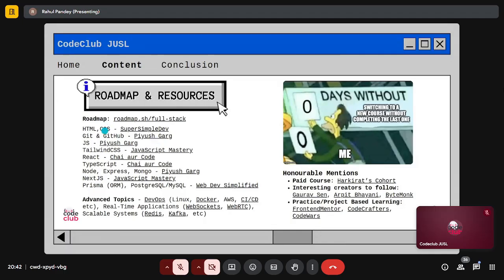See, these are full-out courses on specific technologies. I would suggest, apart from just learning, you should follow some creators whose content you like, so that you can stay up to date with recent trends and learn interesting concepts which are not necessarily related to a certain technology. So for those, there's Gaurav Sen. He also came to our college in Srijan 2024. There's Arpit Bhayani. He works at Google and he also built his own database, DiceDB, I believe it's called.